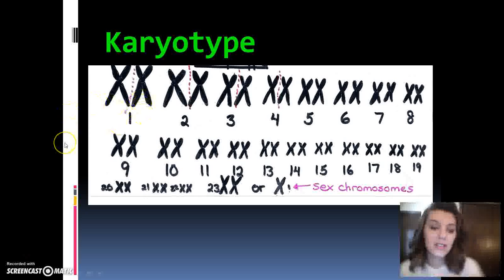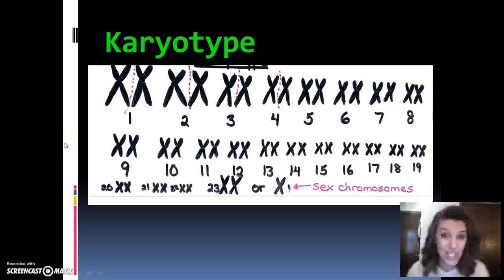And the big thing about these are called homologous chromosomes. So we know that prefix. Homo means same. That doesn't mean that they're exactly the same, that they contain the exact same things, but they're going to be the same size, they're going to be the same shape, and they're going to contain genes for the same traits. So for instance, we might have a hair color gene on this one right here, and